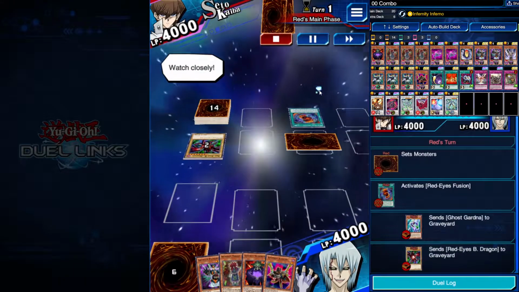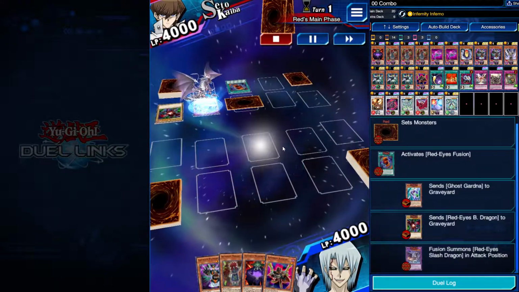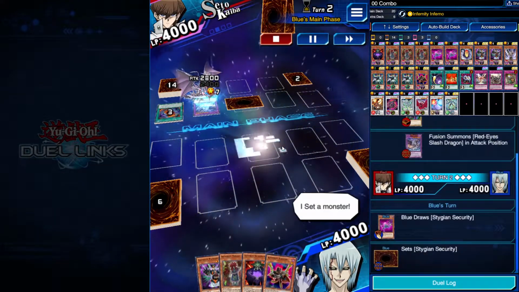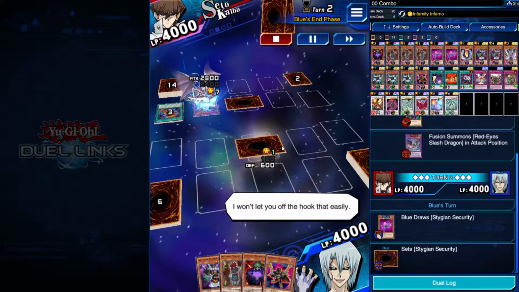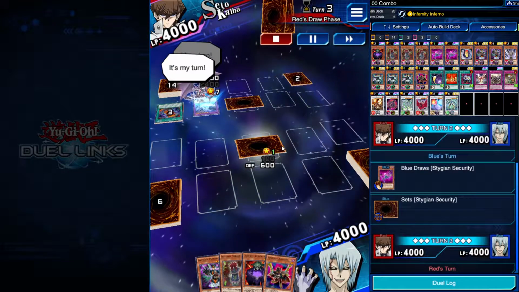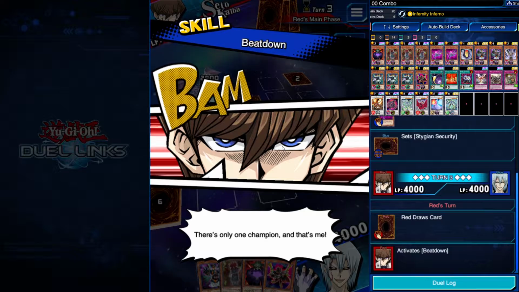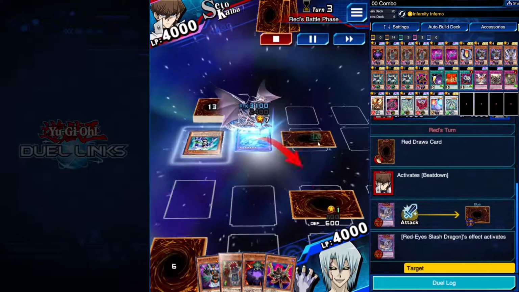So he's going to go for the fusion, make the Slash Dragon, and pass. So then this is where I'm at a disadvantage right now because I have to obviously go second, which this deck doesn't really like to do, but I did top deck the security, which I'm going to set. And as long as, like I said earlier, the deck doesn't go for lethal, it's okay if they start swinging in. So that's what he's going to do. He's just going to go for the Slash Dragon,